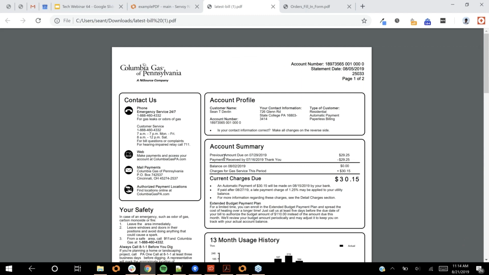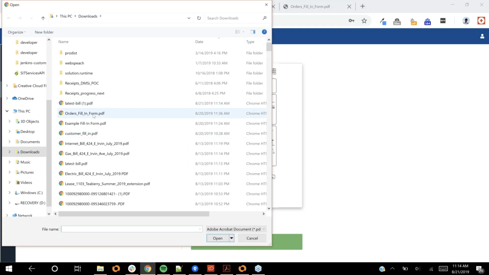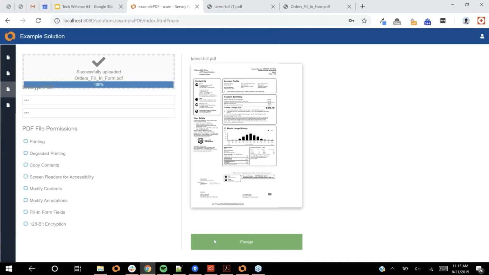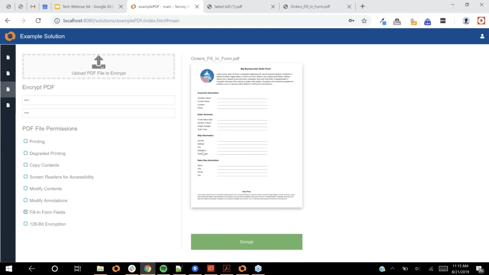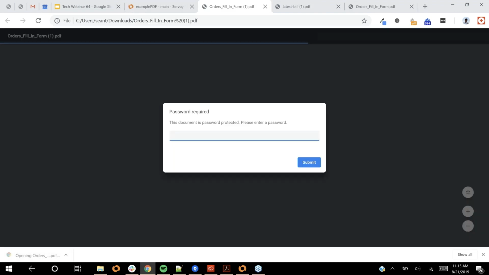Now I want to take that example a little bit further. What I'll do is upload the same fill-in form that I used in a prior example, and you can see there's the preview of that form, and I've selected the option to fill in form fields. What I want to do is disable that option and encrypt it. And now when I put in the user password,